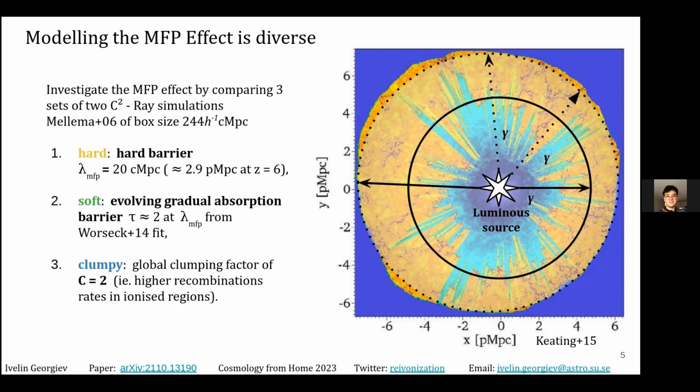And within the field, usually a number of 2 or 3 is found to be appropriate. So this is why this has been chosen. So you can imagine within the yellow region, now the recombination rate is scaled by a factor of 2. So more ionized regions, maybe particularly towards the center, will have a higher fraction of residual neutral hydrogen, which will then impede the growth of bubbles.